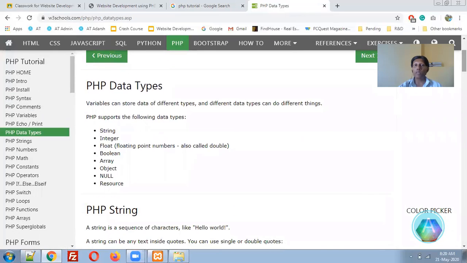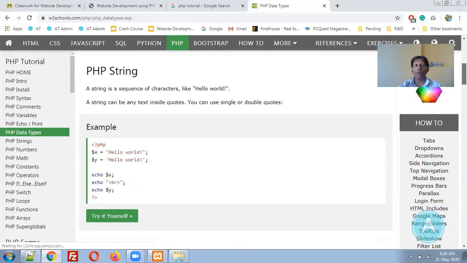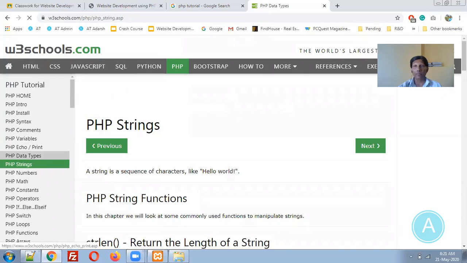These many data types are available, but you are not supposed to worry about the data types, because whenever you write some values, PHP will automatically consider it as some internal data type. So no need to worry. In C language, C++ language, Java language, we need to specify whether it is an integer or float or something else, but here there is no need to specify. It will automatically check it.